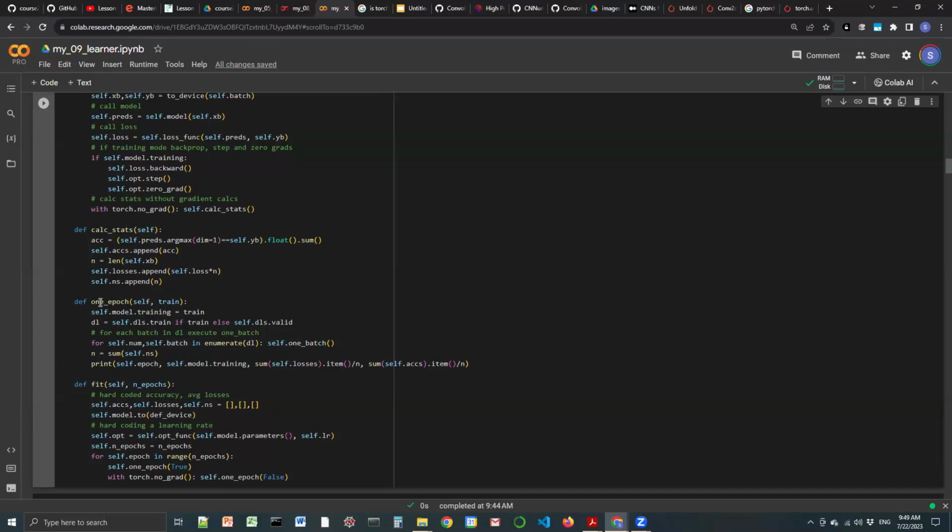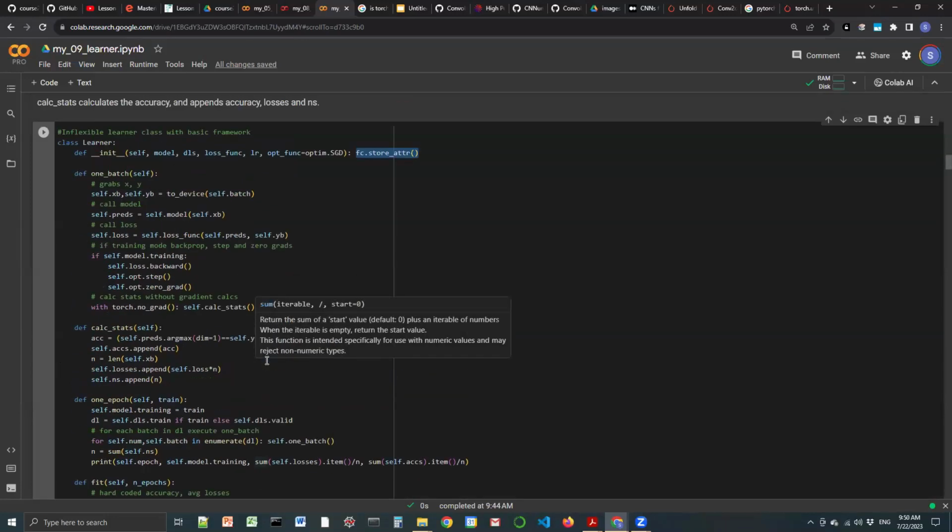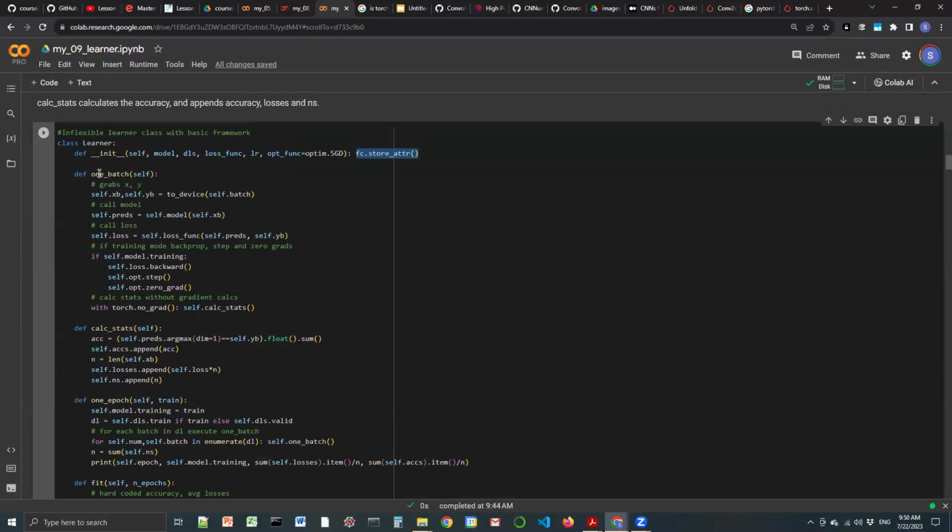So remember, from fit, we came to one epoch. Now, when we go here, we load the data loader, but then we say call self.one_batch. So from here, we go to one batch. So what does one batch do? Well, it moves our batch to the device, which means it moves the data to the GPU. Then, since the model is already on the GPU,